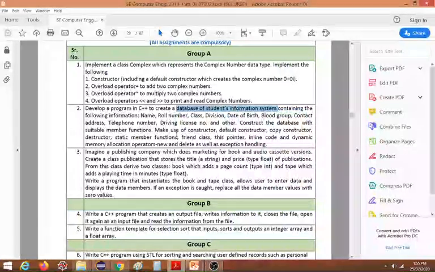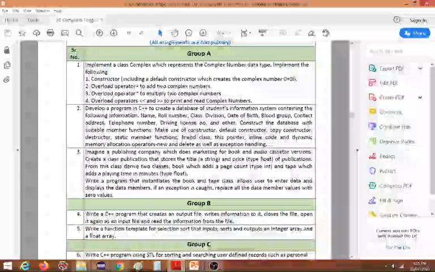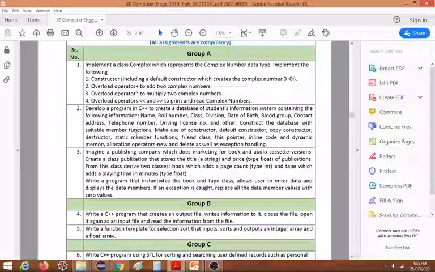It contains some information of a student as given in the list, name, roll number, etc. What must be included is a default constructor, copy constructor, destructor, static member function, friend class, this pointer, inline code, and dynamic memory allocation with the help of operators new and delete. All these concepts which we will be learning in C++ theory, we have to implement in a single assignment as the second problem statement.